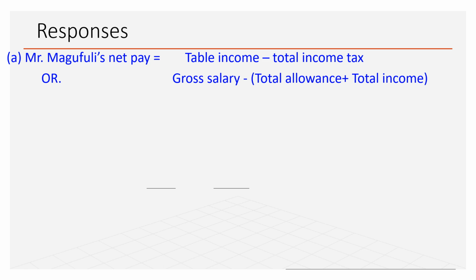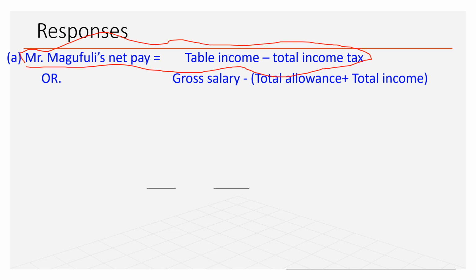So in this we shall make use of the first one, and in your free time you can also use the second one. We shall use this first one. So net income is total income. Sorry, this is taxable income, not table income. So we shall use the taxable income